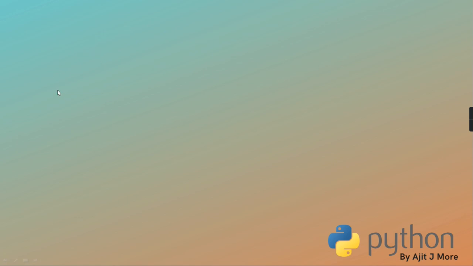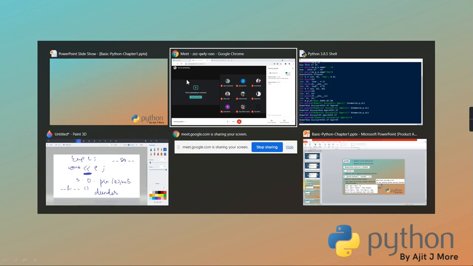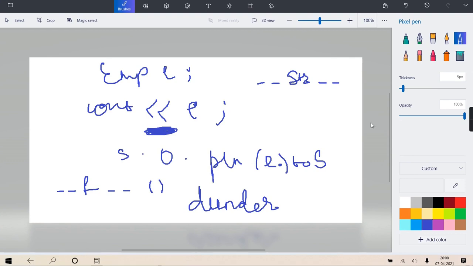In Python 2 it was different. In Python 2 input was there, but the behavior was different. And Python 3's input behavior is different. Please remember. And in Python 2 there was another function called raw_input. That function is not there in Python 3. Correct? So that's what I wanted to say. Python 3 is not just an upper version of Python 2, or just a wrapper over Python 2 like Java. Okay, Python 2 is a separate implementation, Python 3 is a separate implementation. Clear?